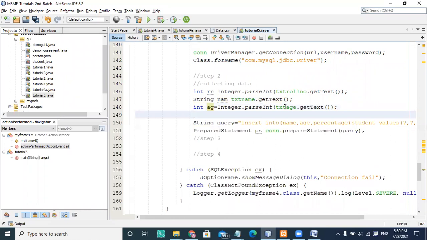Integer, Float and Double are the parsing classes, the wrapper classes, which convert string kind of data into the respective primitive data type.